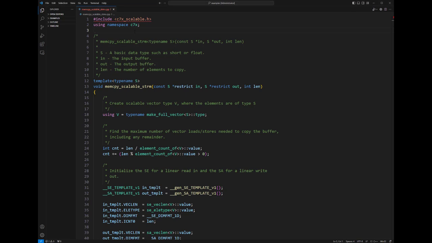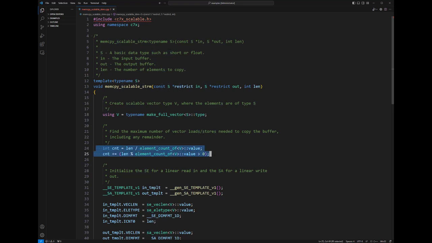Now that the line-by-line discussion is complete, it is a good time to review the entire function template. So there's the name of it. It starts here. This type S is deduced when you call it. These are the parameters. This is where you're going to be reading from. There's where you're going to be writing to. This is how many copies of S are loaded and stored. This type V is a vector of S elements. That's the perfect size for the particular C7000 CPU you built for.